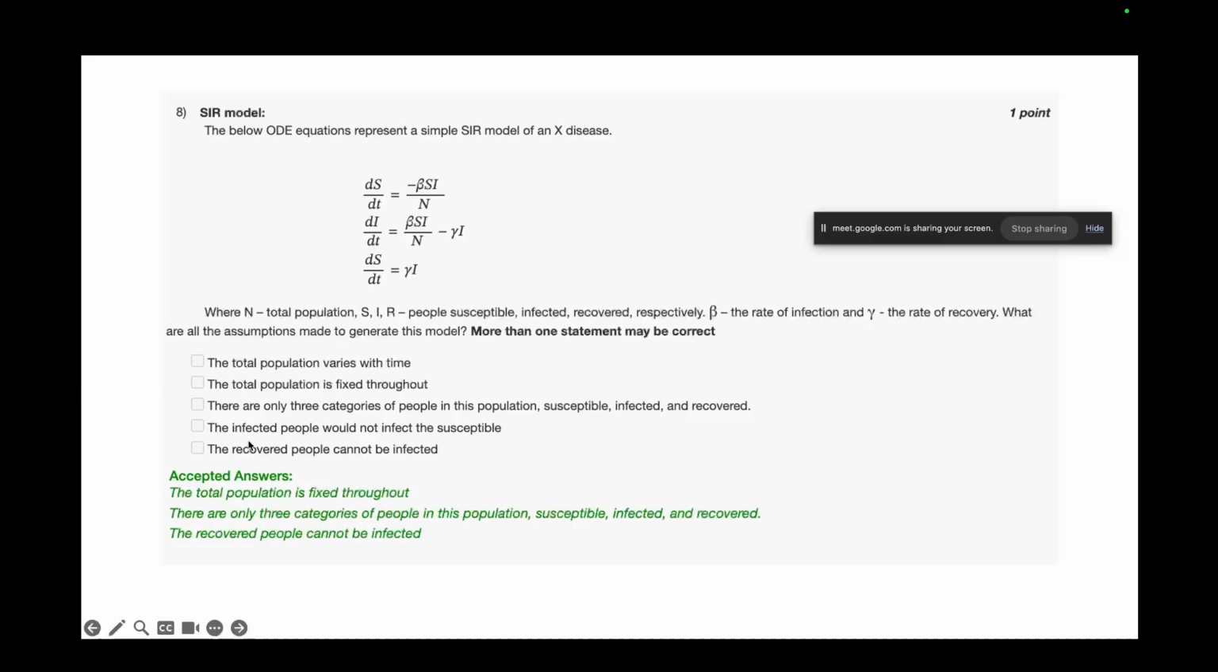The fourth option, the infected people would not be susceptible. That is wrong because the susceptible people actually are dependent on the number of infected people. So it depends. Infected people can infect the susceptible. So yeah,